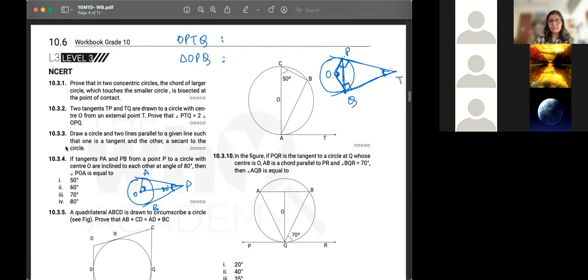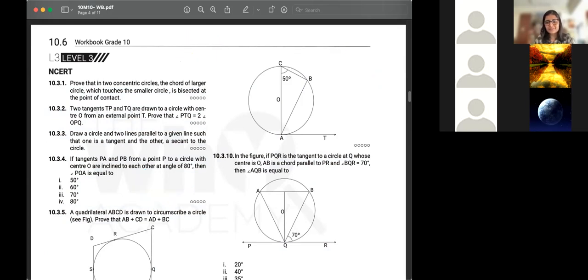So where are you at? 10.3.2, 10.3.4. Are you done with both, or are you done with any one of them? क्या हो रहा है? Miss 10.3.4. Okay. कर लो, आसान है, एक ही स्टेप का प्रॉब्लम है, आ जाएगा. Can catch up. All right.